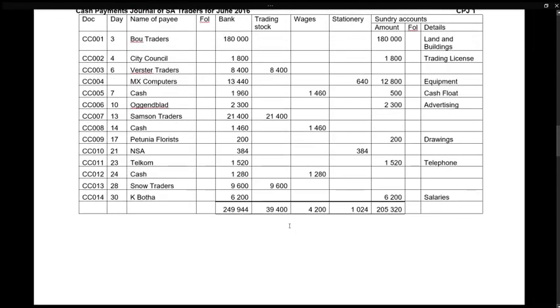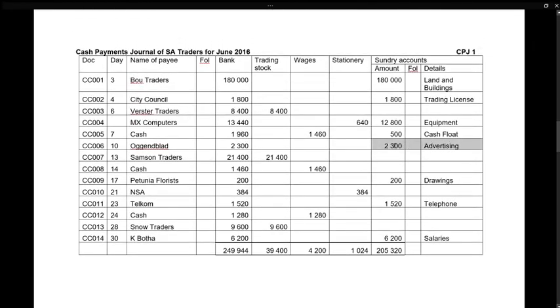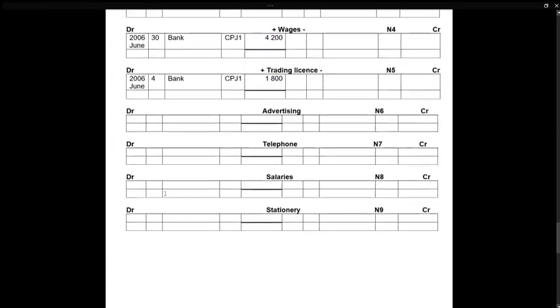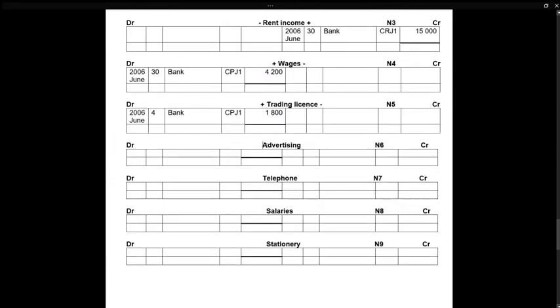Okay, we bought advertising to the value of 2,300 Rand from the Oggendblad on the 10th. Let's go fill that into my advertising general ledger account. Remember, advertising is an expense account, therefore it will be plus, minus. The total of that was, I already forgot, let me just have a look again. Advertising 2,300 Rand. I got the information from my